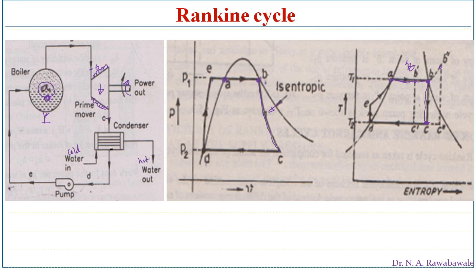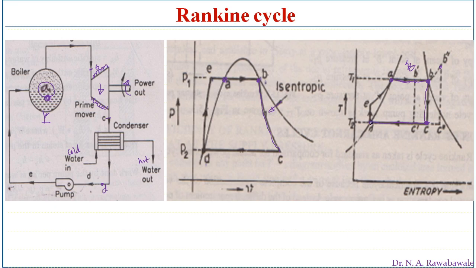That is, phase change takes place. Latent heat of condensation is rejected by this water, and this water comes out at point D from this condenser. So steam is condensed and gets converted into perfect liquid. So from point C to D, there is a heat rejection at constant pressure and at constant temperature. When this complete steam gets converted into liquid, then we call it a condensate, and that condensate becomes